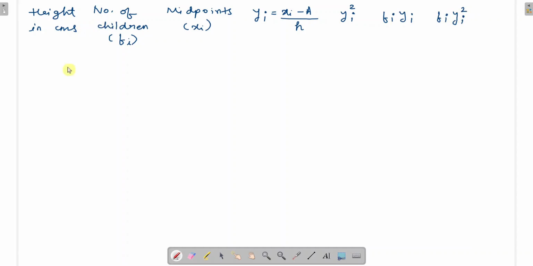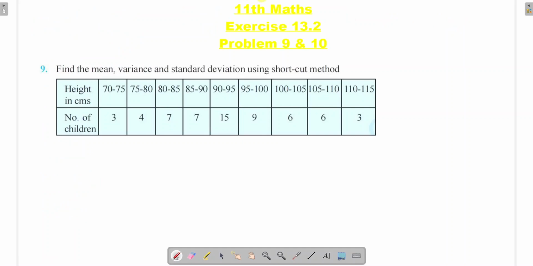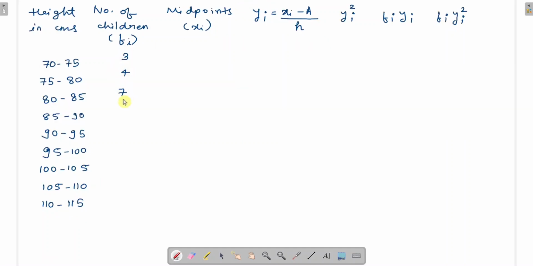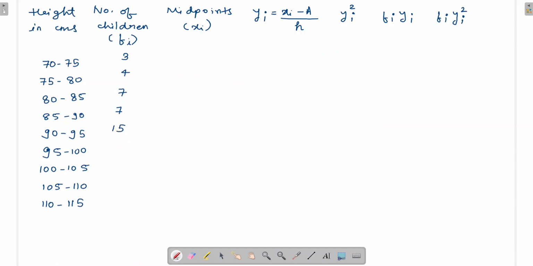So first of all you have to fill this height in centimeters column. So 70 to 75, then we have 75 to 80, 80 to 85, 85 to 90, 90 to 95, 95 to 100, 100 to 105, 105 to 110, 110 to 115. And the frequencies are 3, 4, 7, 7, 15, 9, 6, 6,